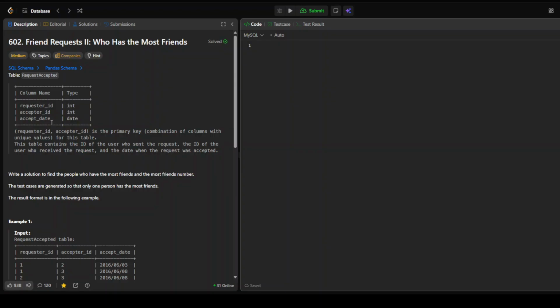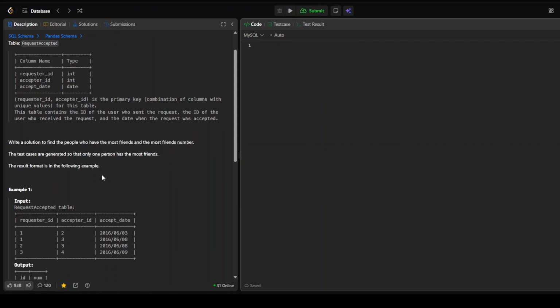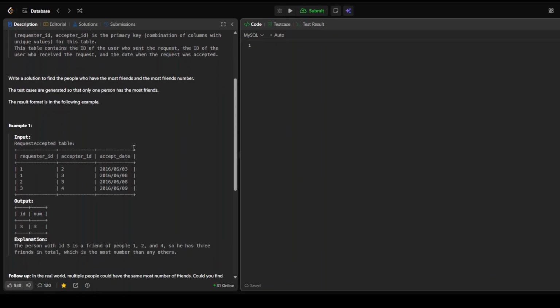So here we have been given a table called RequestAccepted. You have been given three columns in it: requester ID, acceptor ID, and accept date. You have to write a solution to find the people who have the most friends and the most friends number. The test cases are generated so that only one person has the most friends. The result format is in the following example: